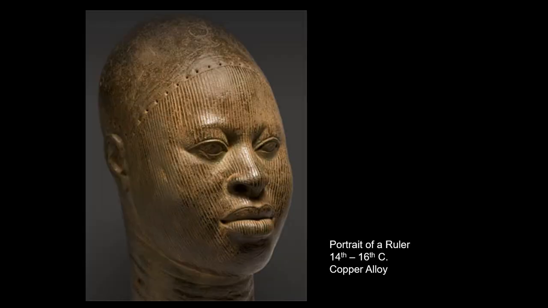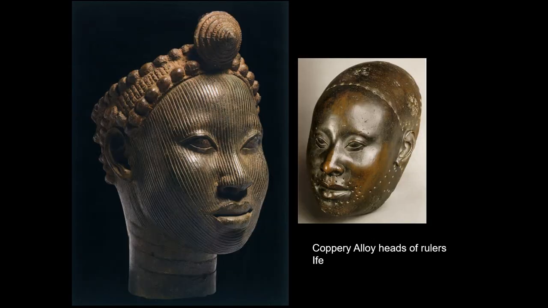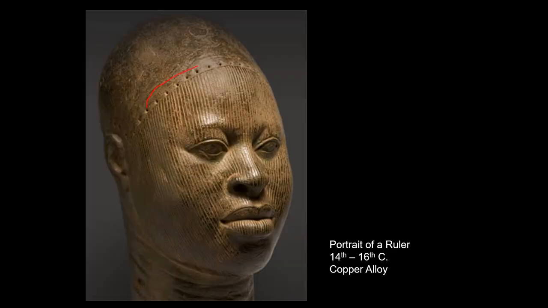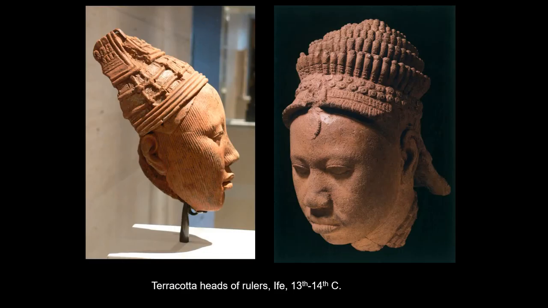So you have these just really beautiful pieces. I mean, they're just jaw-dropping gorgeous. And they very much fit in with Western sensibilities, the ideas of beauty and naturalism. You'll notice that many of them have holes in them. The holes were there to attach hair so that they could look even more realistic. So they could have headdresses made out of hair. Again, you can see the beautiful striations here. I love the subtle treatment of the eyes, the corners of the mouths, all these wonderful, very, very precise anatomical details. You can see they did these in both bronze and terracotta, so we really have some remarkable examples.